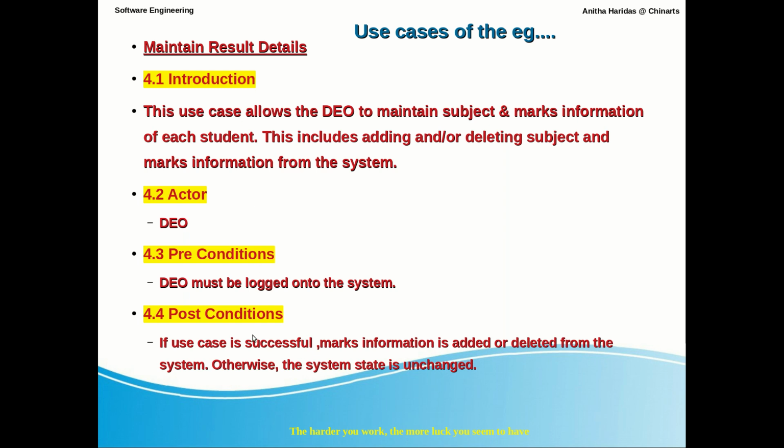So these are the 4 information that you have to add for each and every use case. What are the things you will be adding? What is the use case all about? Who is responsible for that particular use case? What is the precondition? So if this task is to be done, what is the previous condition to be satisfied? Once this task is done, what is the after effect or what will be the system state change in that particular task? That will be post condition. So these are the things that will be described in the use cases.